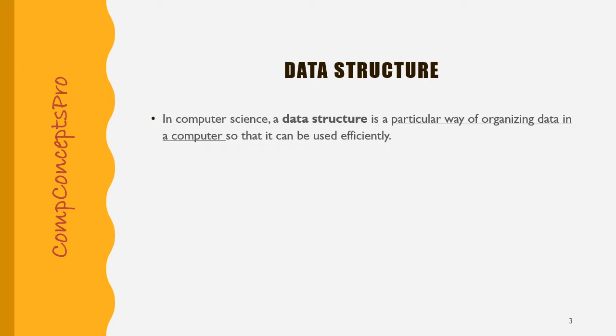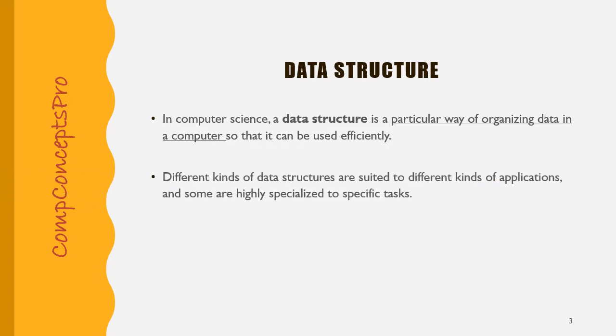Just imagine in our home also we have different storage units to store different kinds of things. For example, for clothes we need cupboards. For books we need bookshelves. For storing certain random things we require chest drawers and so on. Similarly, in computer programming also we need to store data in different types of storage units based on the requirement of our application. These storage units are called data structures. Some of the examples are arrays, linked lists, tables, unions, records, classes and so on.